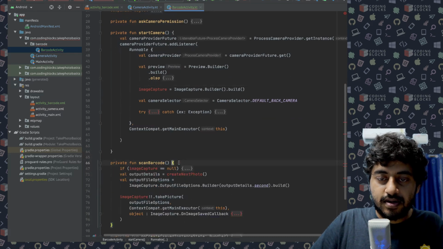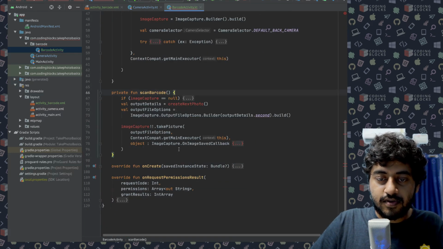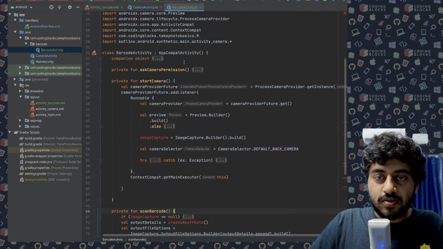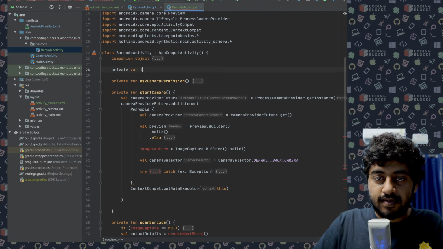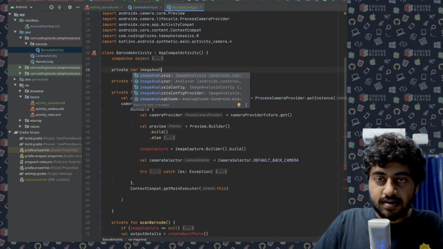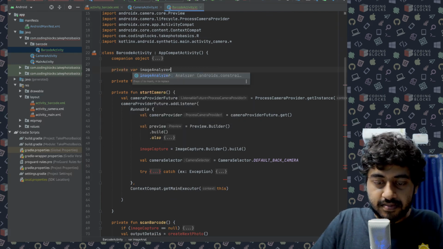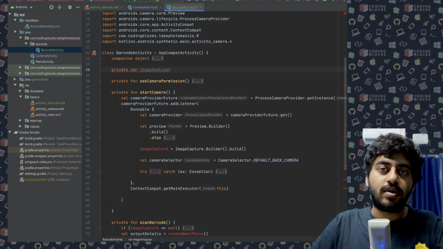We'll just get back to it. This we'll have to get back to as well. Okay, so what I will do here is create a private var image analyzer, and I'll create my own image analyzer.